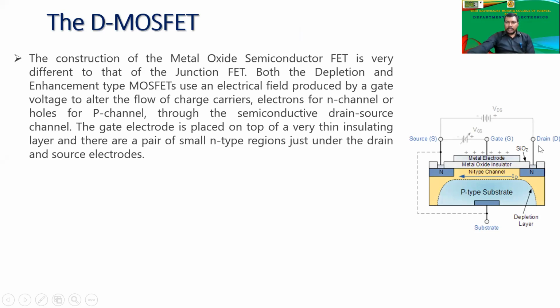So if you see this, what happens here? When we connect this drain source voltage to the positive and negative terminals as shown in this figure, and the gate terminal VGS to the positive and negative terminals, as soon as you connect this gate, the positive charges are going to come across this metal electrode, and negative electrons are going to be deposited on this side. There is no need for that, because the current is going to flow through it. So without a gate source voltage, we have high current flowing from drain to source.